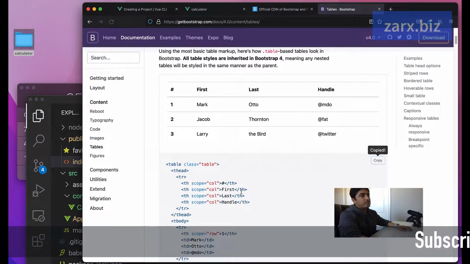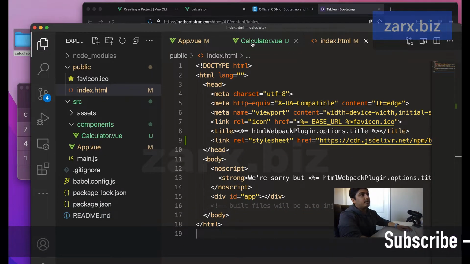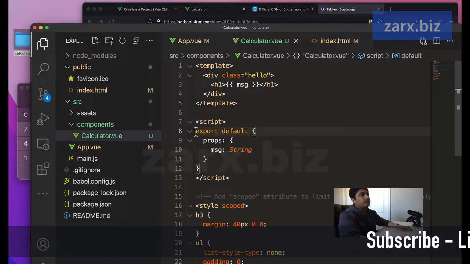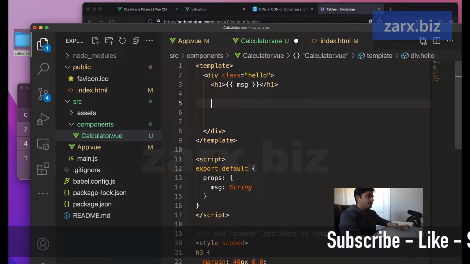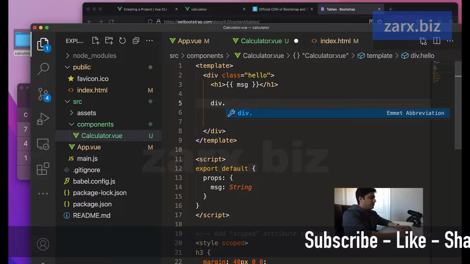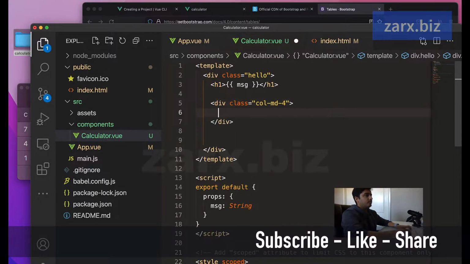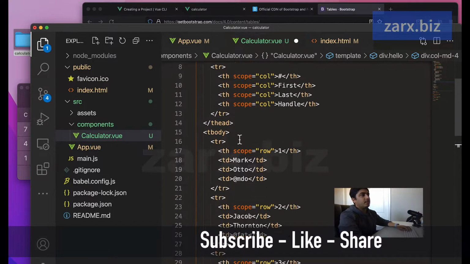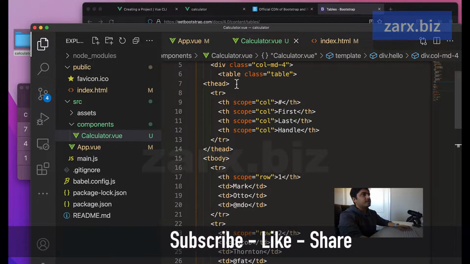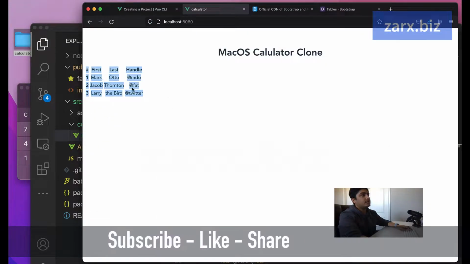I'm just going to copy this, and I'm going to go back here to the calculator.vue file where we have our message here, and below it we're going to call a div, and I'm going to give it a class called md4, and inside it I want to pass this table. Now I'm going to save this, go to the page, and it's coming here like